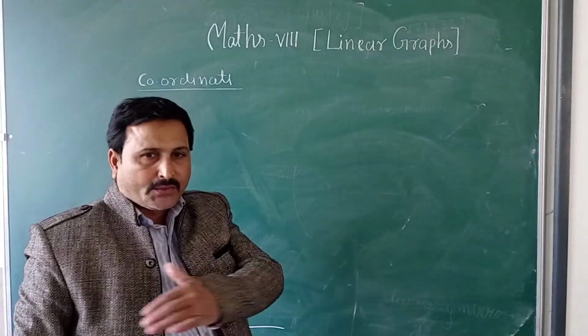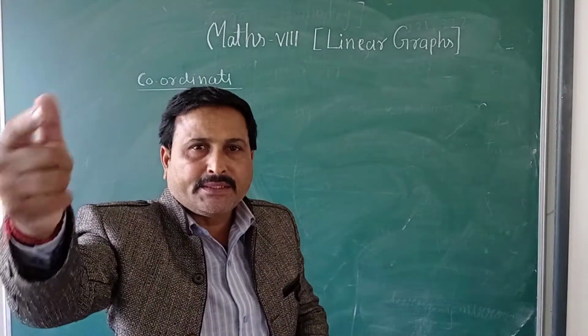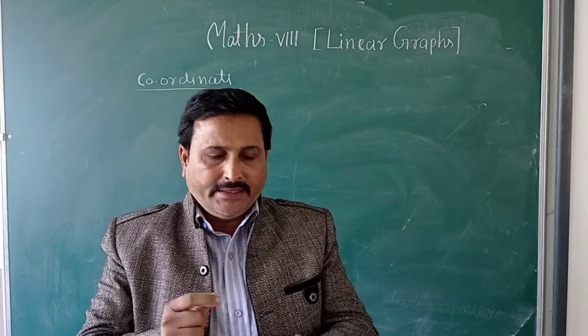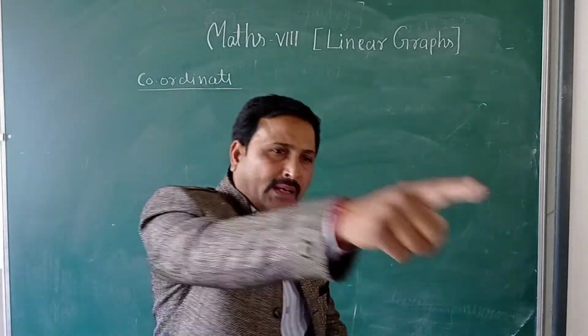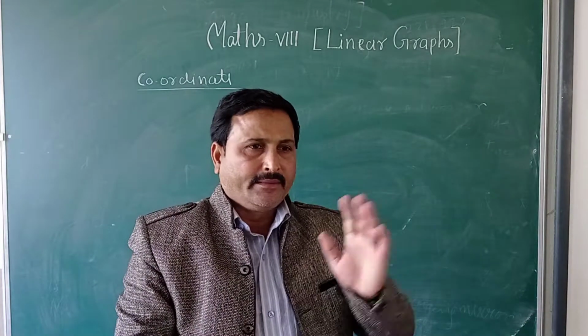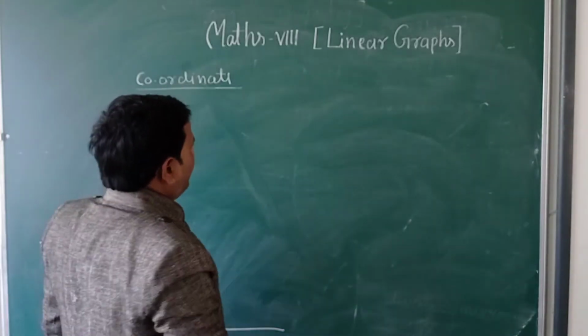the seating is arranged according to rows A, B, C, D, E, F, G. Suppose your seat is H 12, like that, you can find the H 12 seat. Similarly here,